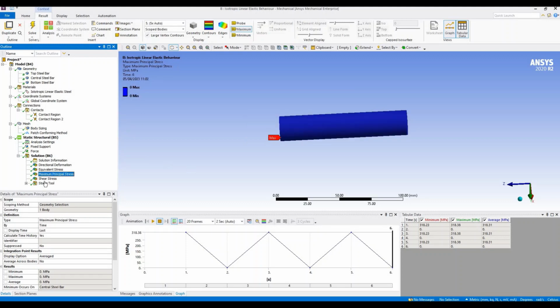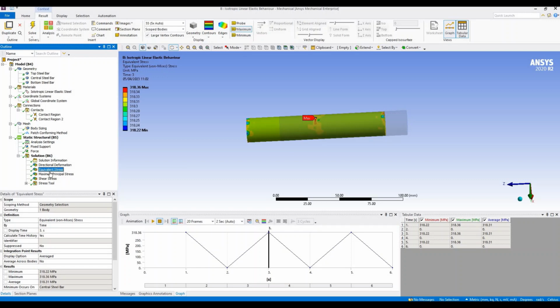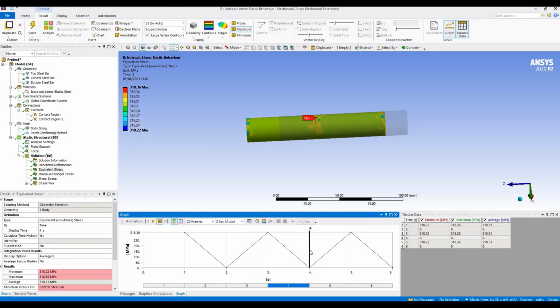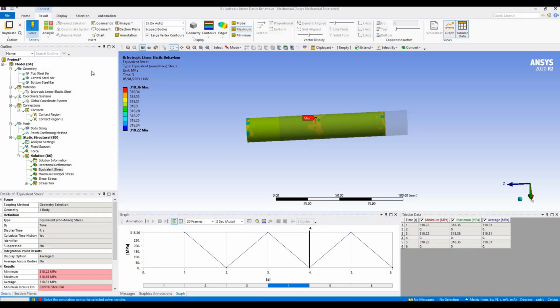The maximal stresses are these. So be careful when you check the values of the stresses, because the values of the stresses will depend on which step of load you are. So for example, in here you see a maximum because you are in a peak where we apply a load, but if we position the results in this point in here where I have unloaded completely the bar, and you recalculate the stresses,